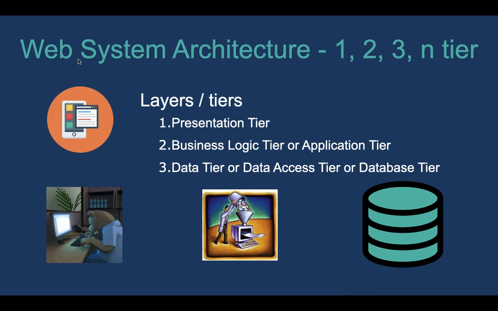But this is not web system architecture. Now let's understand what this heading is all about. Whatever softwares we use, all the softwares can be divided into 4 types. So there are 4 types of softwares, or I'll say 4 types of applications, 4 different types of architecture. These 4 types are 1 tier application, 2 tier application, 3 tier application and n tier application.